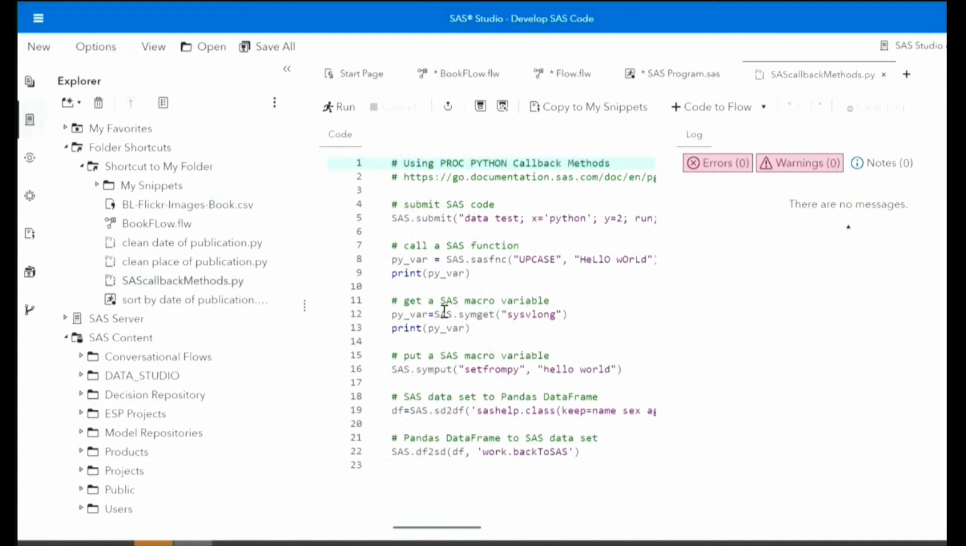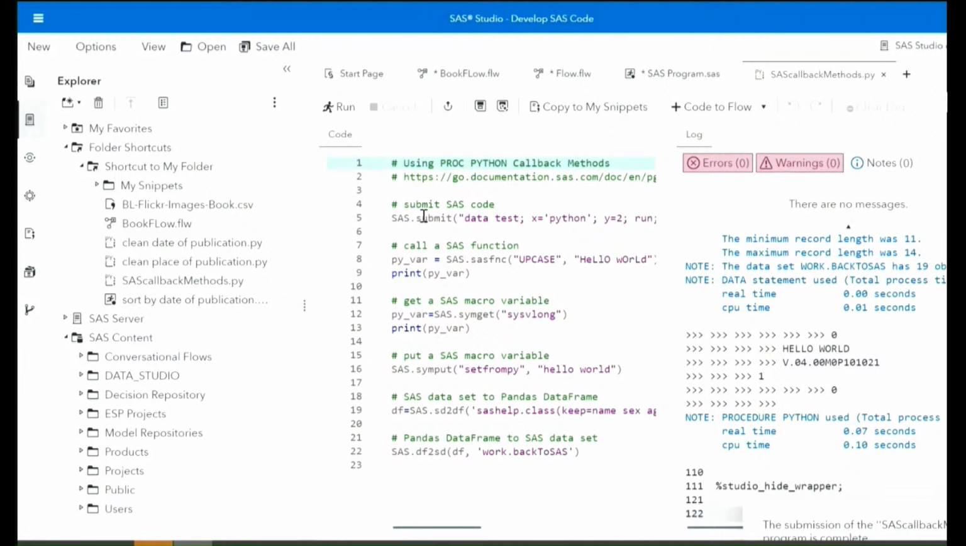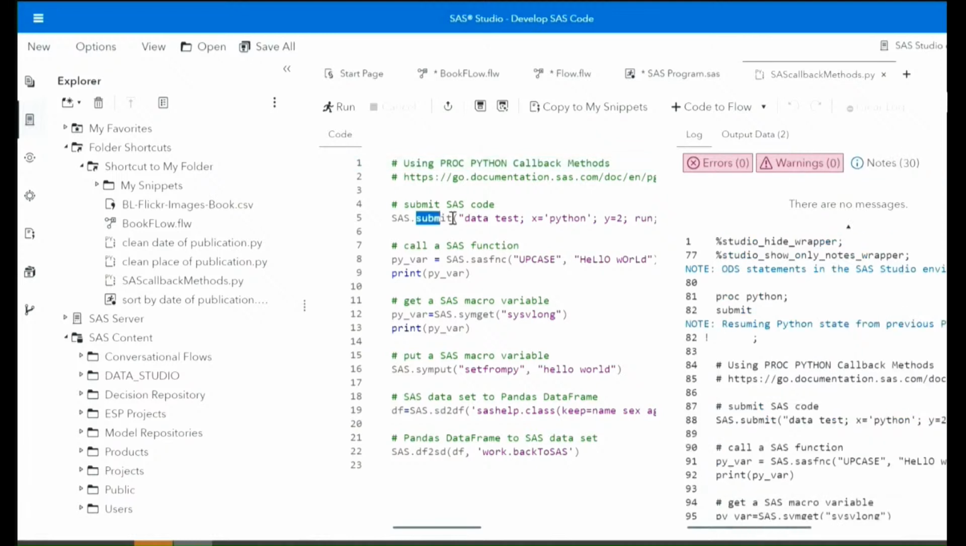And so when proc Python is enabled, you get a SAS package that has some extra methods so that you can transfer data and information between the SAS session and the Python session, which is going to be something that people are going to be doing a lot of. In this particular example, what I'm showing is some of the ones that I think people will use a lot. For example, this submit basically says, I'm just going to take some SAS code and submit it